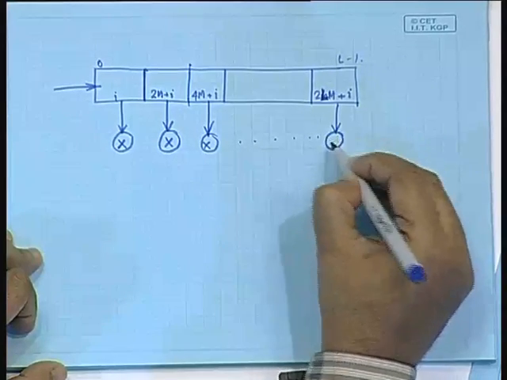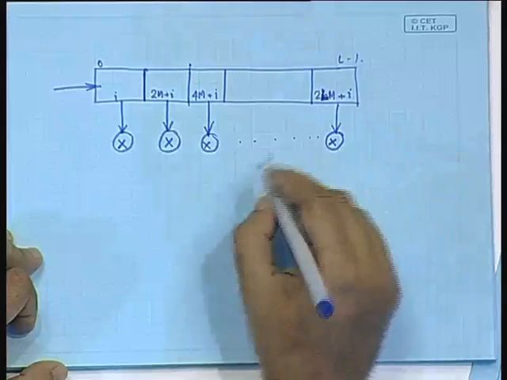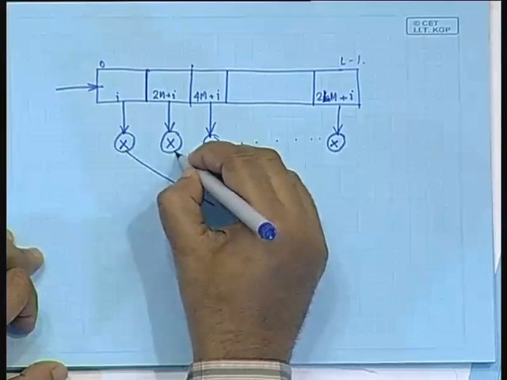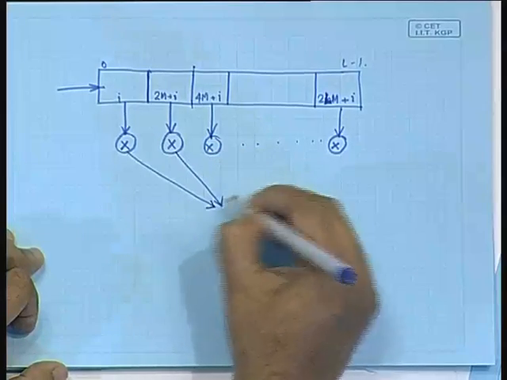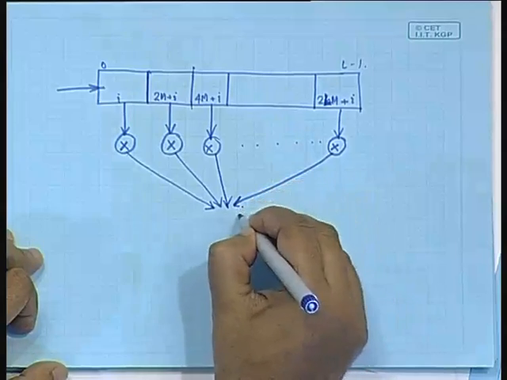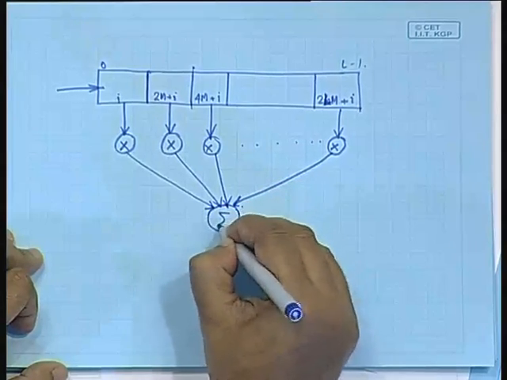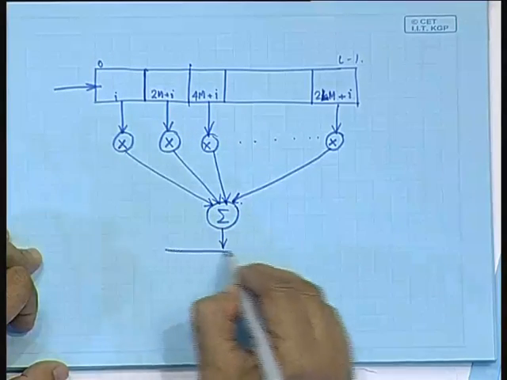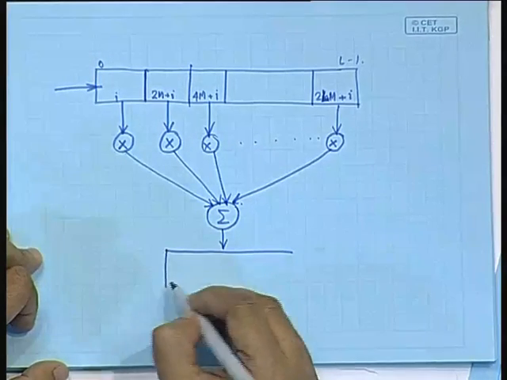So, this basically indicates the multiplication by the windowing function, and then we are summing them up. So, there is a summer block, okay, and then the summed output is stored in a buffer